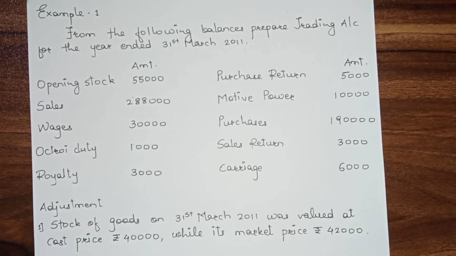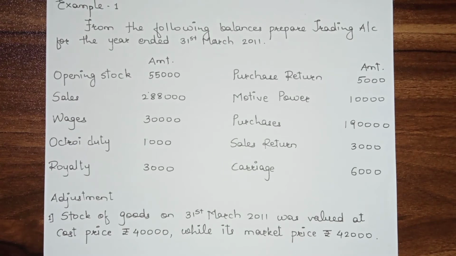Remember one thing, every adjustment has two effects, that is one debit effect and the other one is credit effect. So remember this thing or write it as a note above your page or at the heading of your page: note dash, every adjustment has two effects, that is debit and credit, so that you can remember it for a long time. Whenever you are solving adjustments you will always remember that you have to give two effects of this adjustment. Okay, so let's see the adjustment.